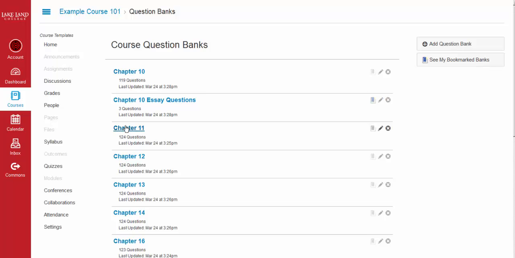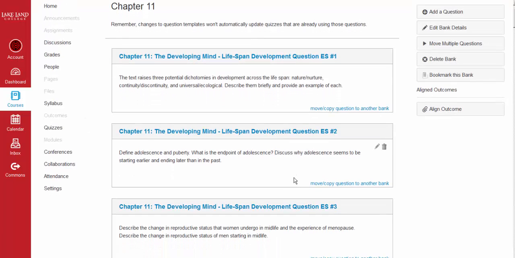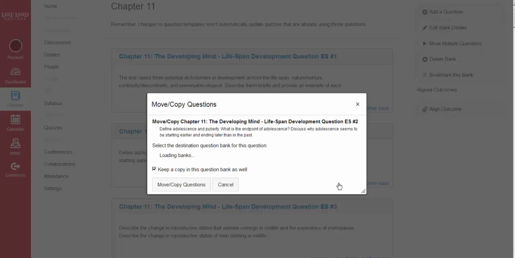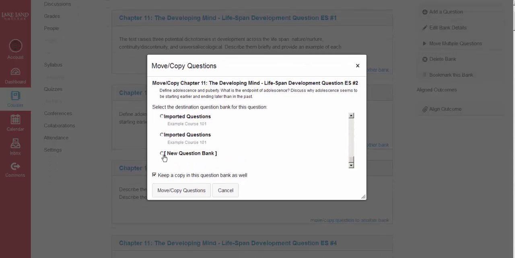We can also, let me go into Chapter 11 here. We can also move an individual question. So let's say we were going to try and organize things by the content. So we can read the question text and kind of get an idea of what that question's about, and we can move that individual question. Again, we can choose to put it in a different bank or create a new bank, and we can